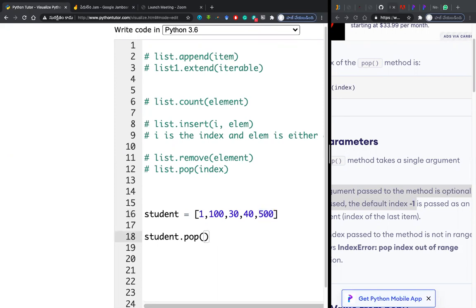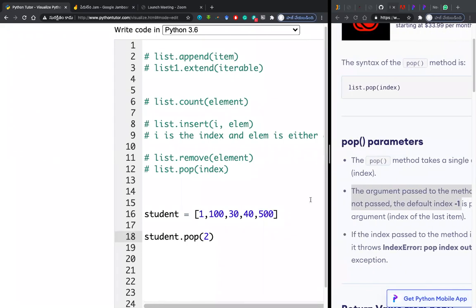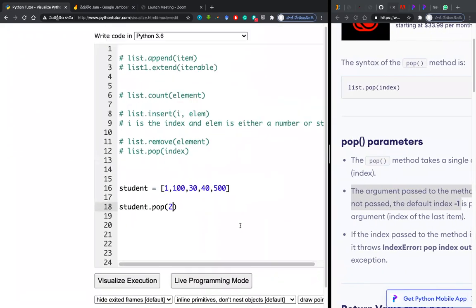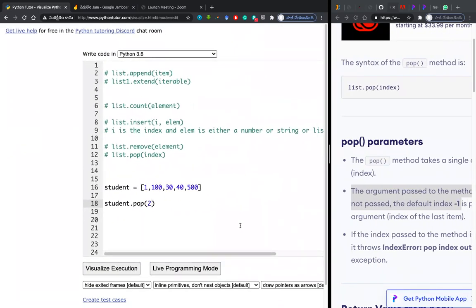But if you try to mention something like POP of 2, so what would be the output for this? 100, 40, and 500. Yes, 100, 40, and 500. The reason is the 30 is belonging to index 2 because 1 is 0, 100 is 1, 30 is 2.